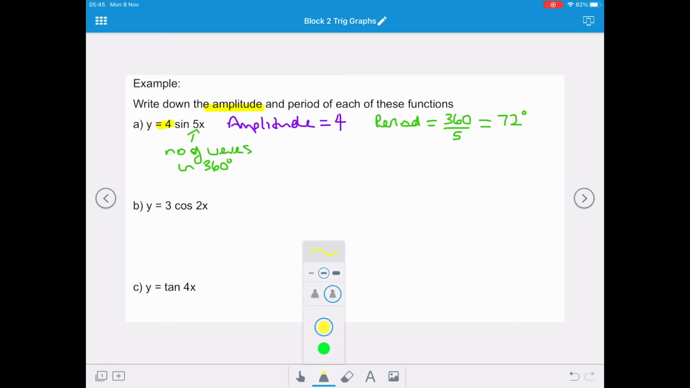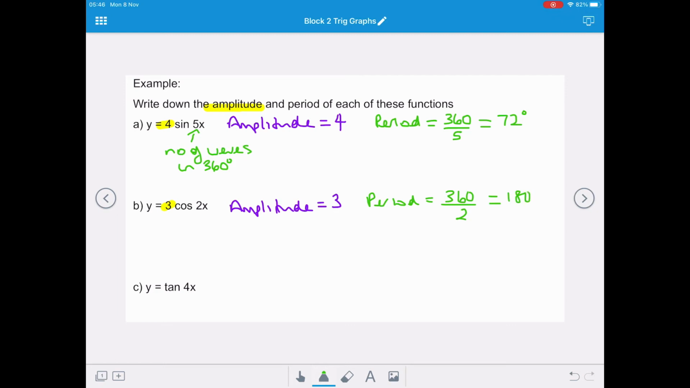So let's consider b. We've got y equals 3 cos 2x. Again, our multiplier is 3, and so this is our amplitude, or our a value, if we were writing this equation as y equals a cos bx. Then we're going to use the multiplier of the x to determine what our period is. Again, we know that the number of waves in 360 degrees is 2, so we've got 360 divided by 2